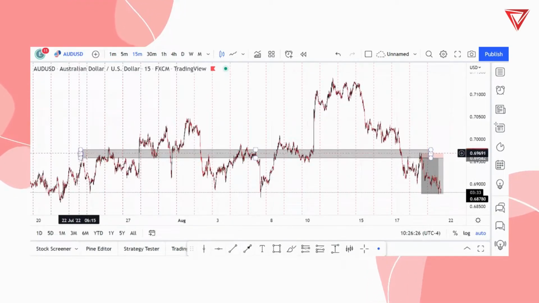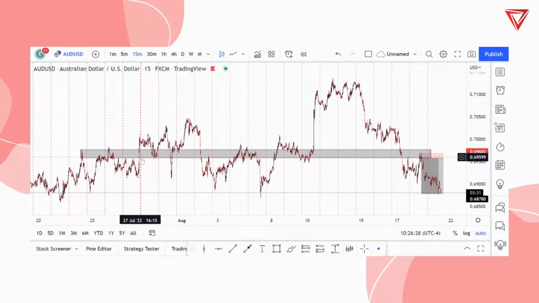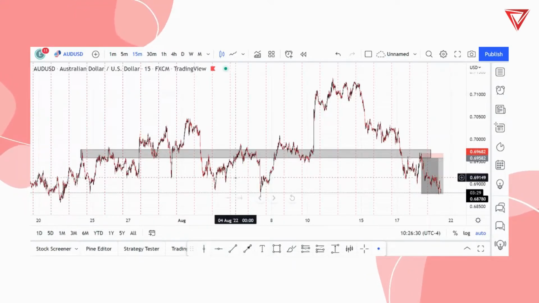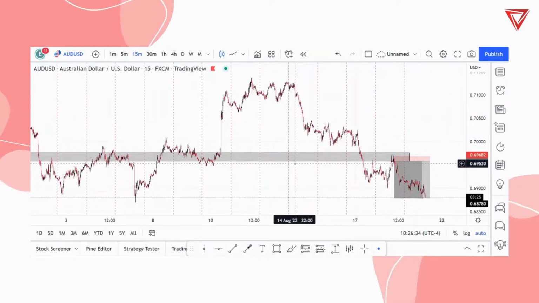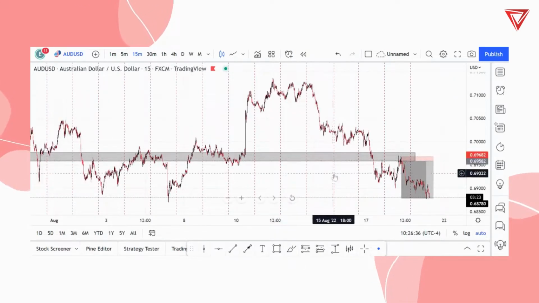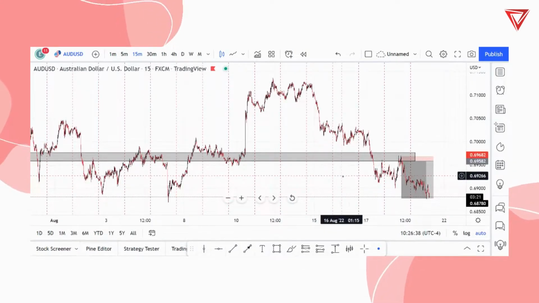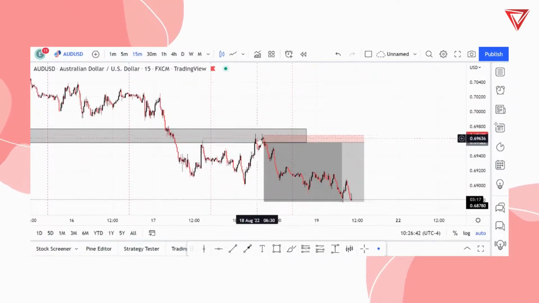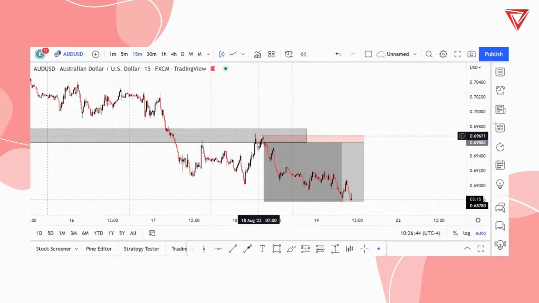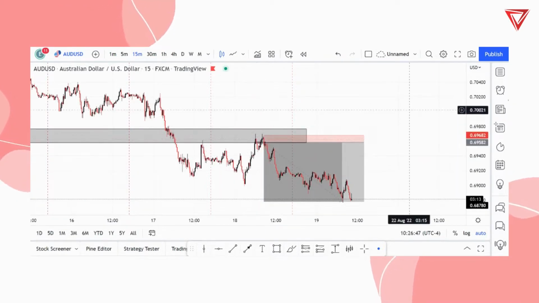Why do we consider this a liquidity area? Why do we consider this a liquidity zone? It's simple. Anywhere that you're seeing a massive amount of traders entering both buys and sells, there's liquidity in that area. That's why price is going back to that area, seemingly like a magnet, right? Price came right back up into this area and it rejected the area, meaning it came here, grabbed the liquidity, and then started to drop.